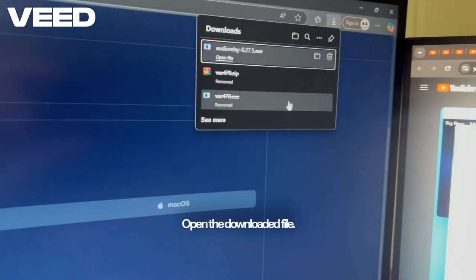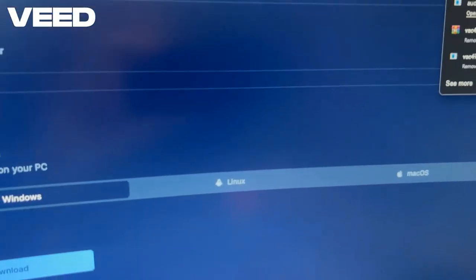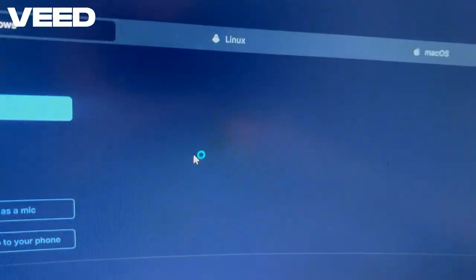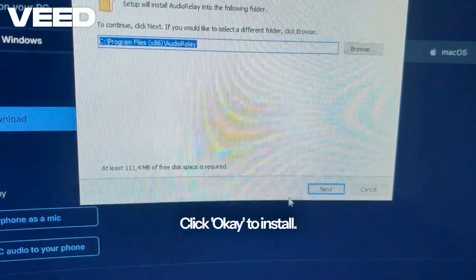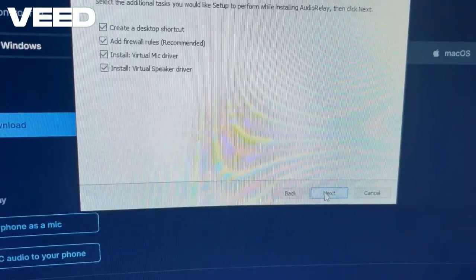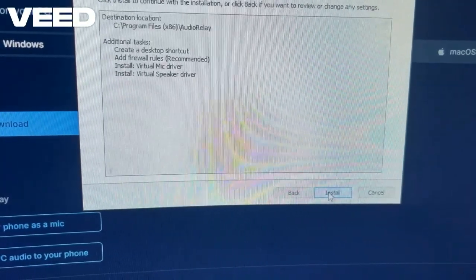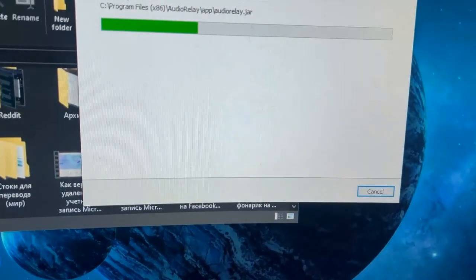Open the downloaded file, click yes, click OK to install. Alright,